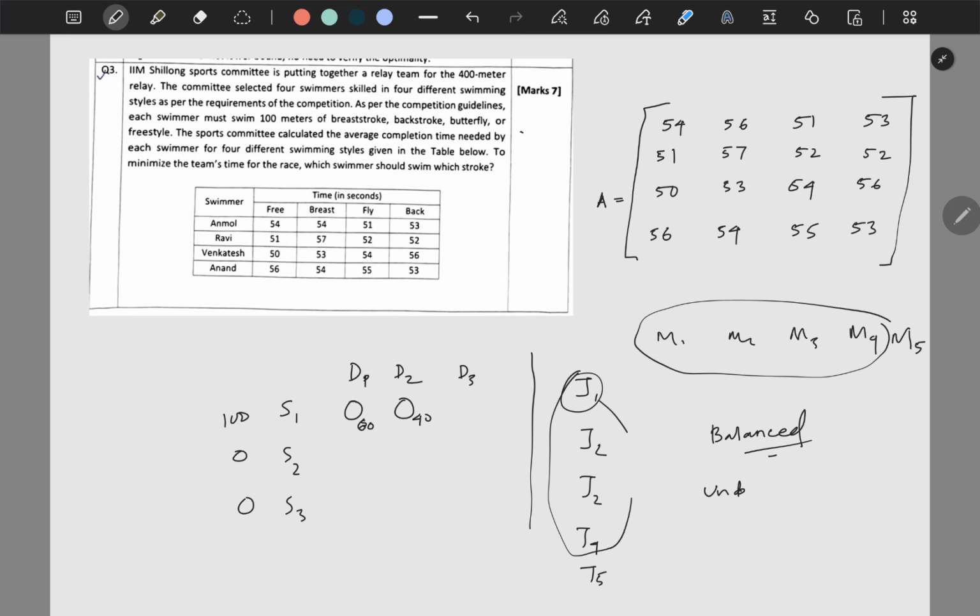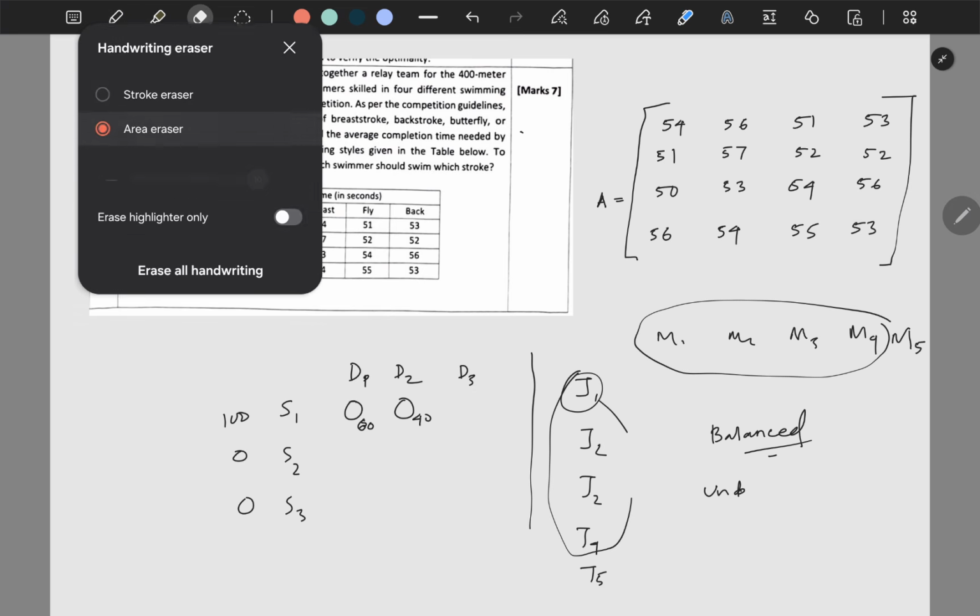And in certain cases, you might have to maximize the profit or something like that. So there are two varieties. I'll tell you the minimization. I have taken this question from a past year question paper. This is a minimization question, and I'll also tell you how to do the maximization one. So yeah, let's